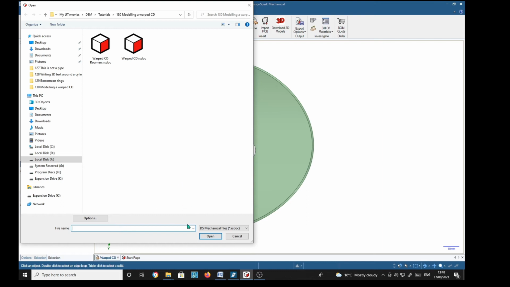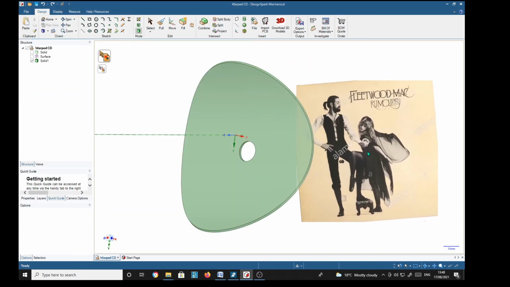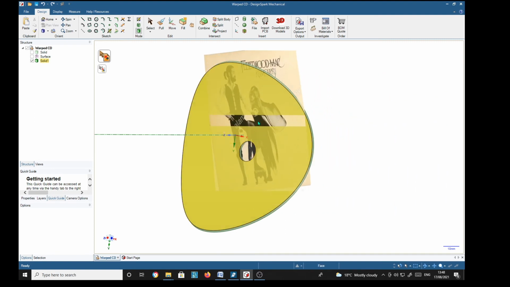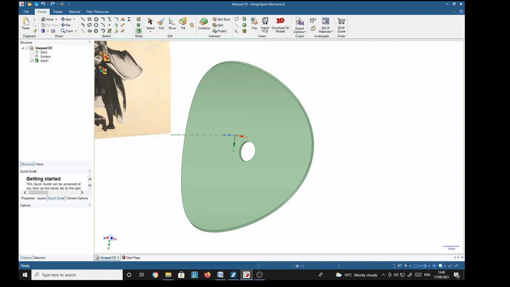Now I need to change this. At the moment it's RSDoc files, so I'm going to change that to image files, and I've got a bitmap image of a very well known CD, and we're going to choose the